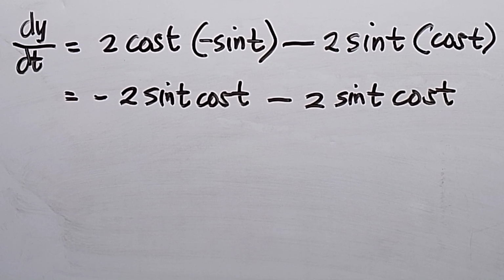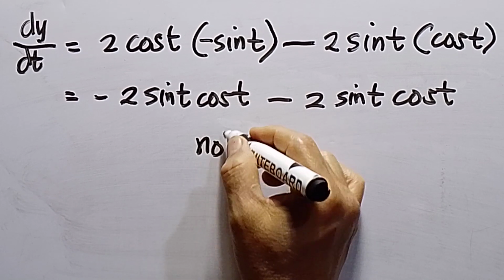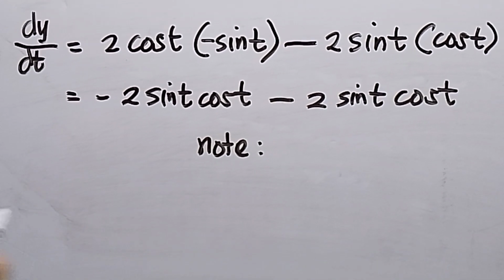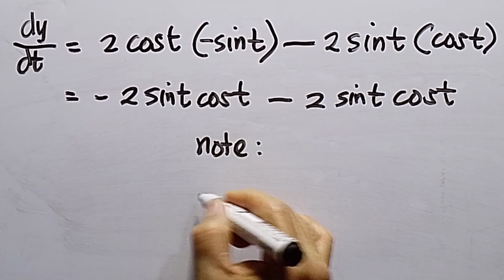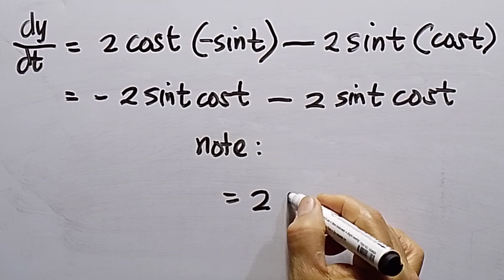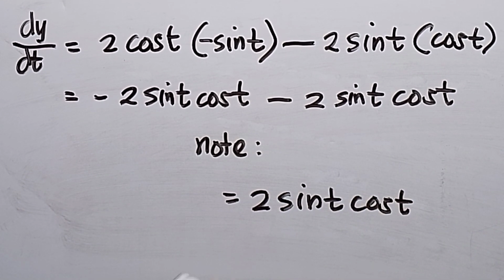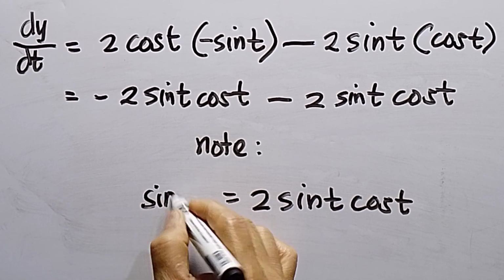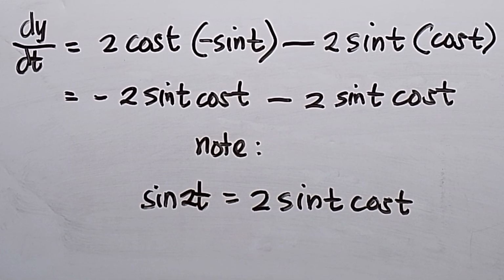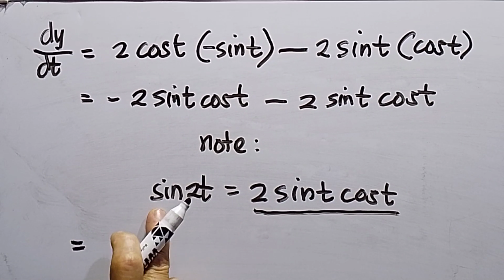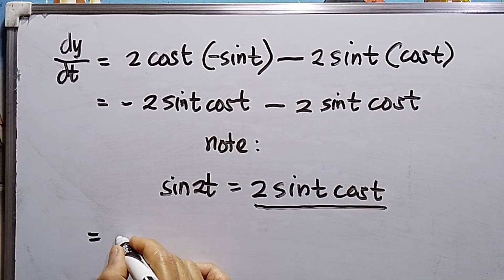So recall again our basic formula in trigonometry. What is the value of 2 sine t cosine t? So this is double angle. This will be sine 2t. Okay? So I have here 2 sine t cosine t. The equivalent is sine 2t. So it should be negative